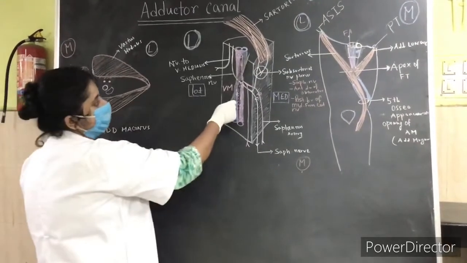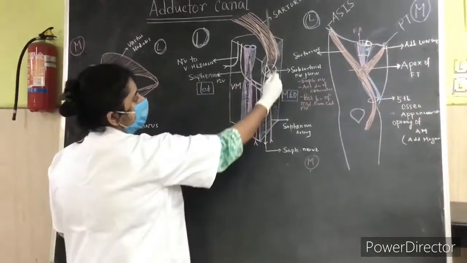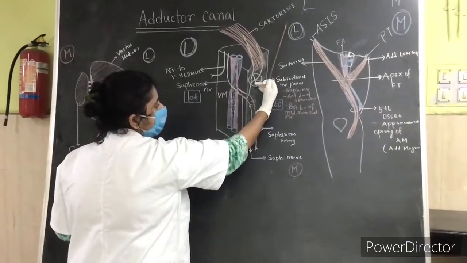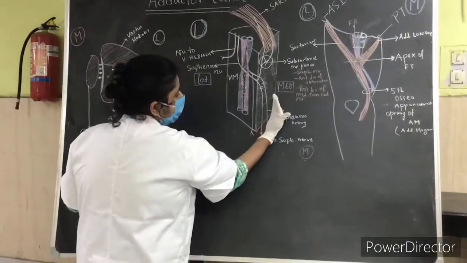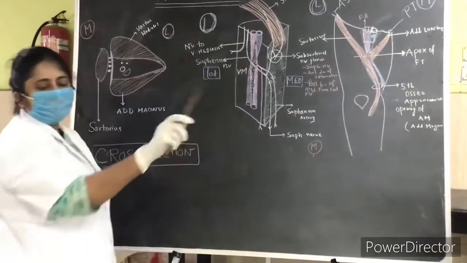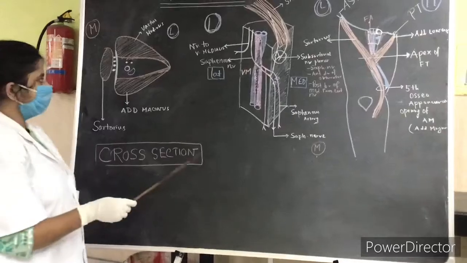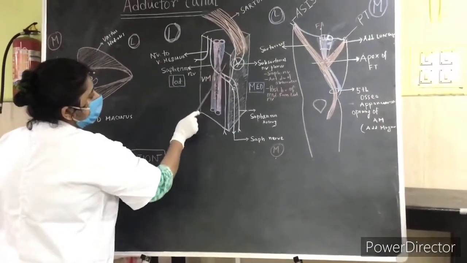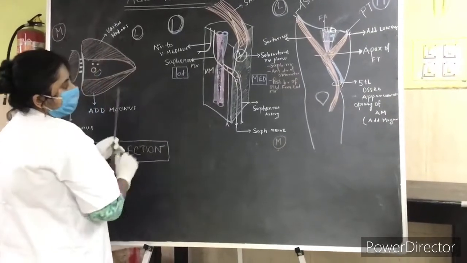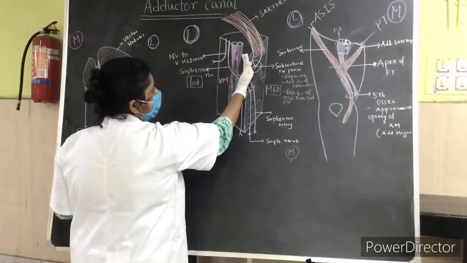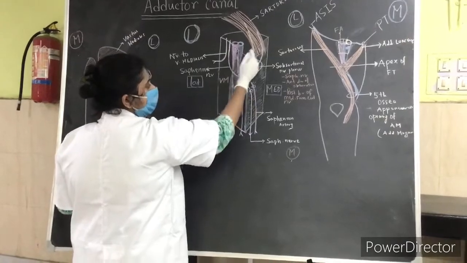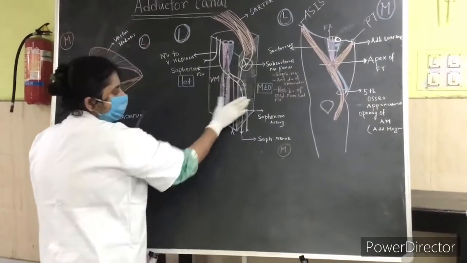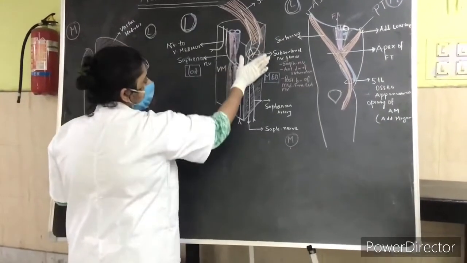We cannot see that in this picture. So the upper part of the posterior boundary of the adductor canal is formed by the adductor longus muscle, and the lower part is formed by the adductor magnus muscle. We will see this in the cadaver during demonstration. This is a tough fibrous fascial slip that extends from the vastus medialis muscle up to the adductor muscles, and it forms the roof of the adductor canal. So this is the roof of the adductor canal.